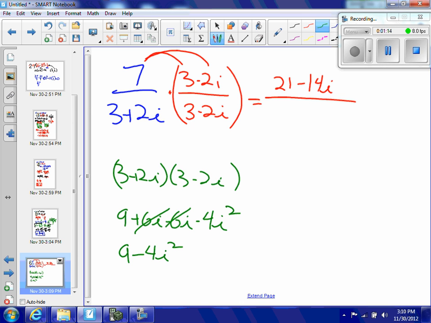And since i squared is equal to negative 1, it's 9 minus 4 times negative 1, which is equal to 9 plus 4, which is equal to 13. So I know that my denominator is going to be 13. But the other way that I could do that